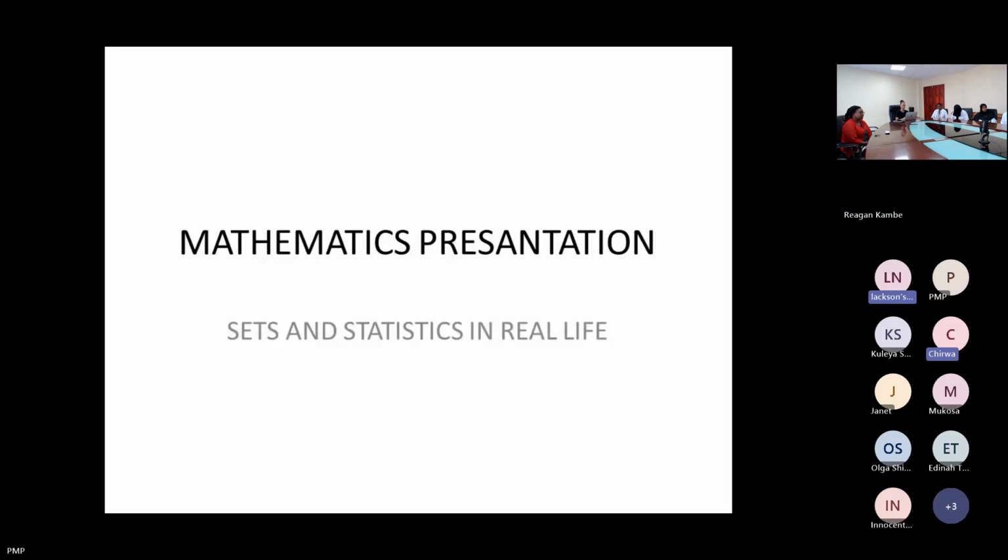People are here to learn about medicine, pharmacy, nursing, nutrition and dietetics, biology, and all the other courses that we offer. How does mathematics come in? Do medical students really need mathematics? Do they need sets and statistics? So our presenters are going to show us how that applies to everyday life, including medicine and the other courses that we are offering. So I'd urge our participants to pay much attention, take down everything.